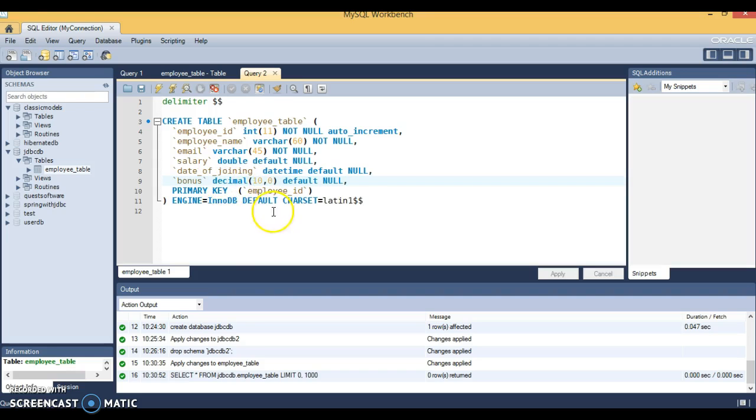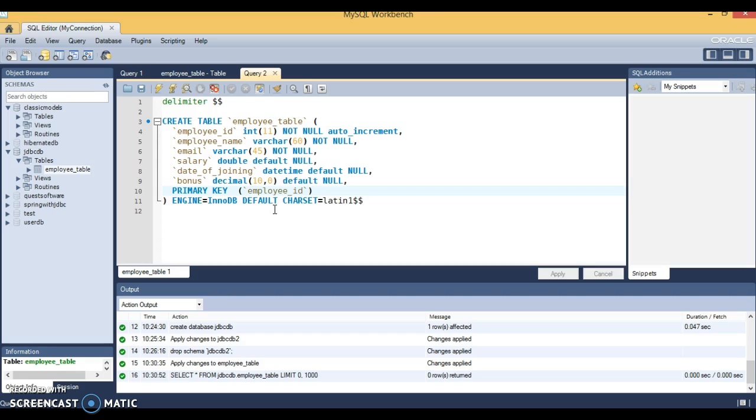So basically when you try to insert value for this column, then this will take 10 digits, and after decimal this is going to take 0 digits. So if you want two digits after decimal, then you can specify 2. So that we'll see in the next demo. There I'm going to show you how to perform CRUD operation in JDBC.